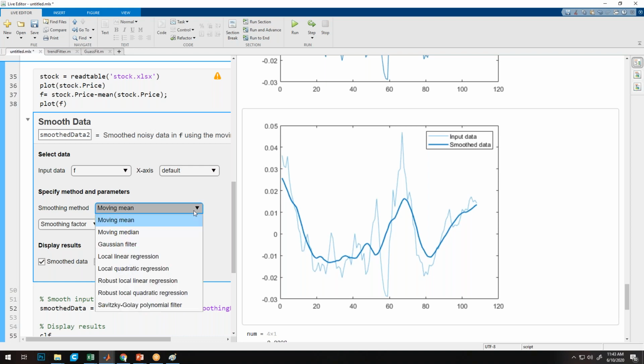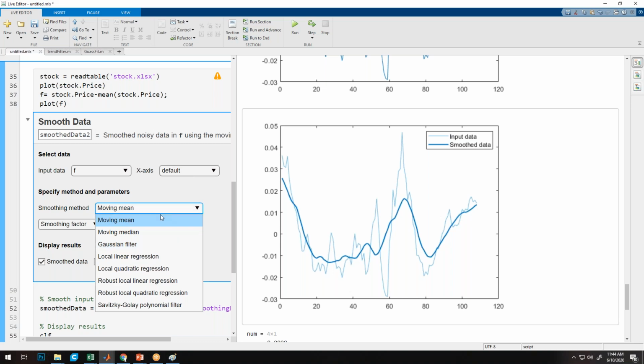And there are different mathematics I can take, like moving mean, moving median, Gaussian. Gaussian is good for getting a sinusoidal, and in a sinusoidal it is a lot easier to find the maxima and minima. That is why, to get the number of peaks, which is closely related to a sensor, if you have a real data system you are using for a machine, you can use a Gaussian filter so that you can easily find the peaks.